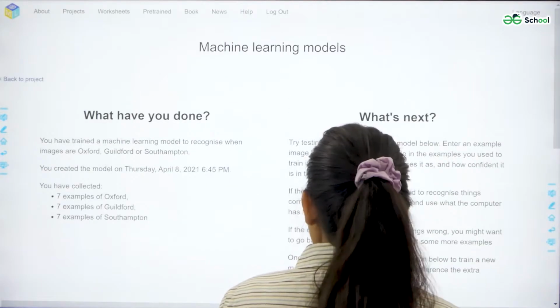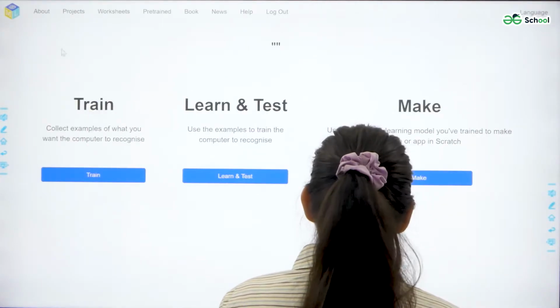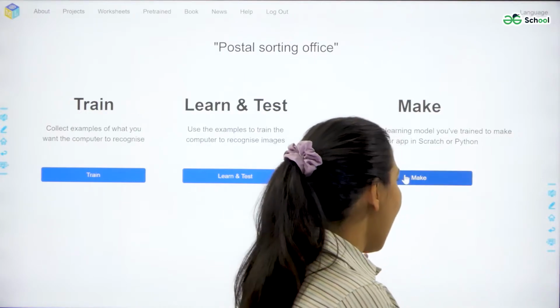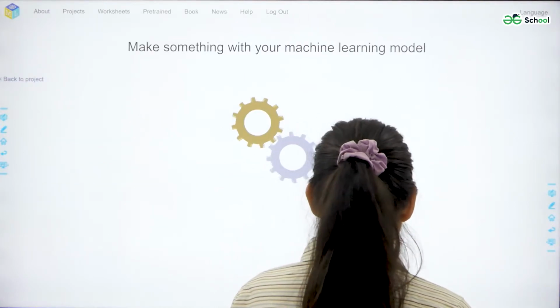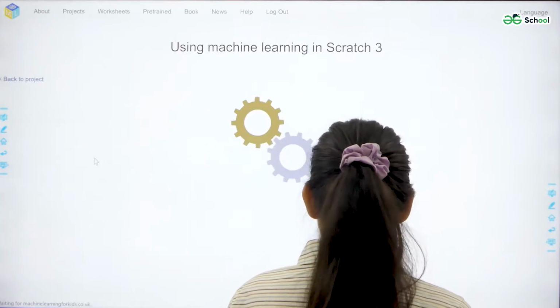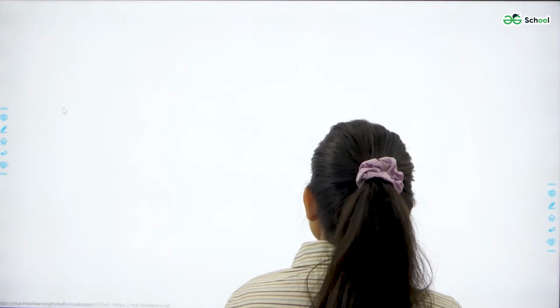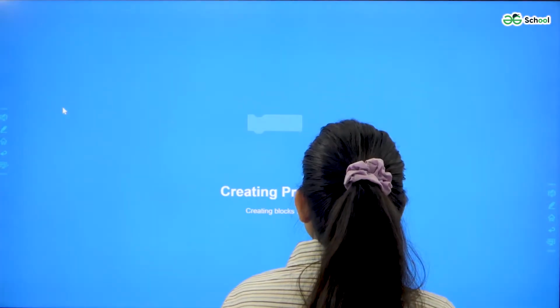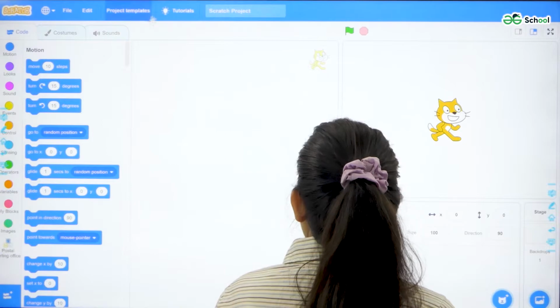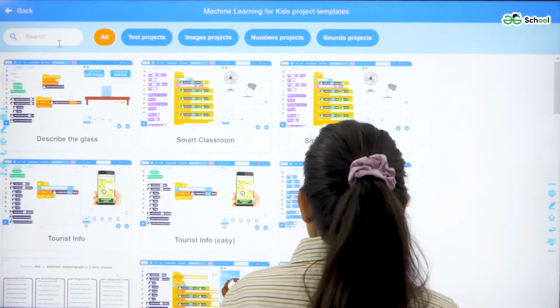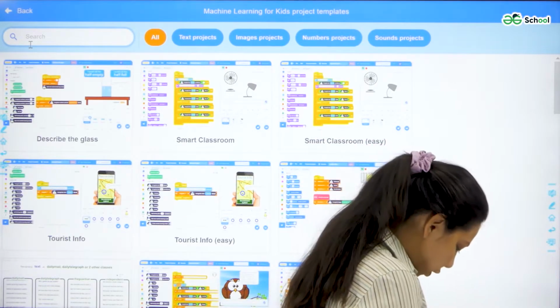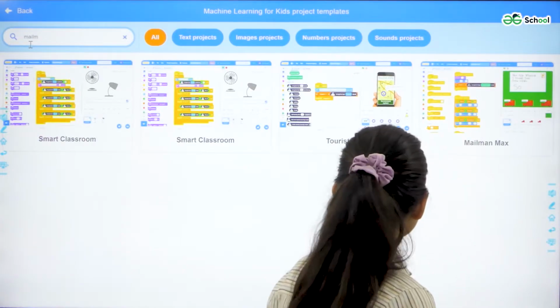So now let us go back to our project and let us make our postal sorting office. So select Scratch 3, open in Scratch 3. And from project templates, select the project template of Mailman Match.